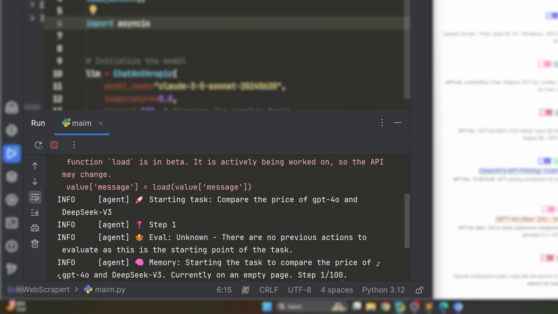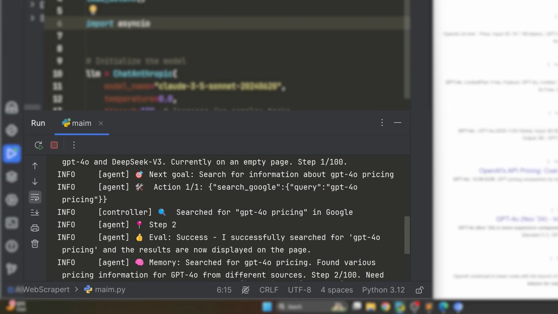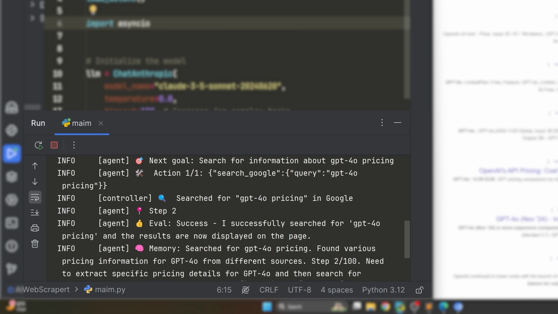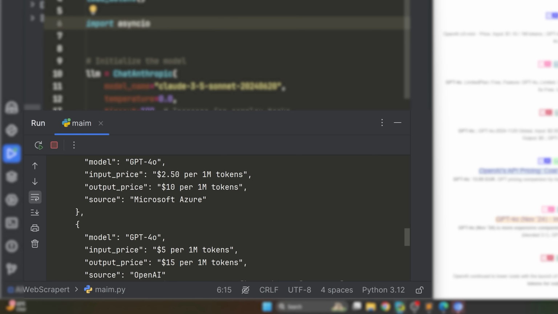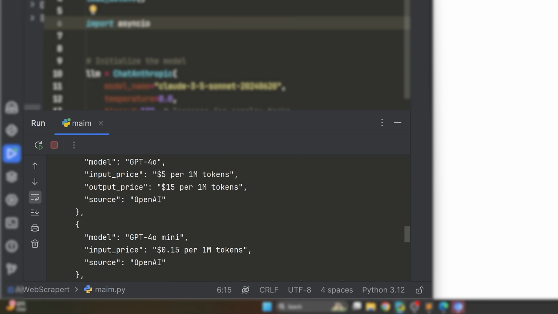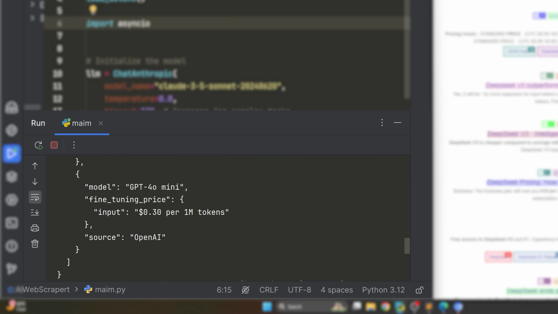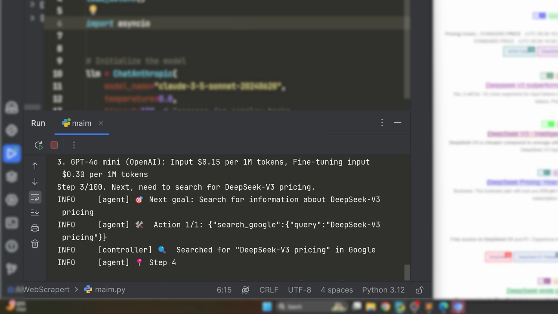So let's get out of this for one second, and you can see it wants to compare the price. So it's saying, okay, there's no previous actions. We're going to start the task, and then it's kind of walking through what it's going to be attempting to do here in order to figure out what the price actually is. So it looked up the GPT-4o price, found some options here with OpenAI, Azure, etc. And now it needs to find the price for, what is the other one? DeepSeek, okay? So it's going to go and look at DeepSeek and see if it can figure out what the